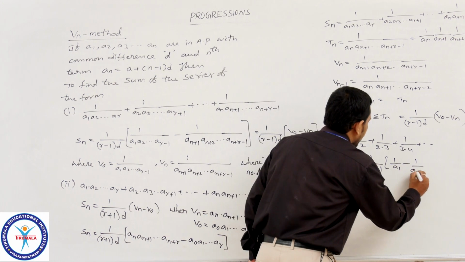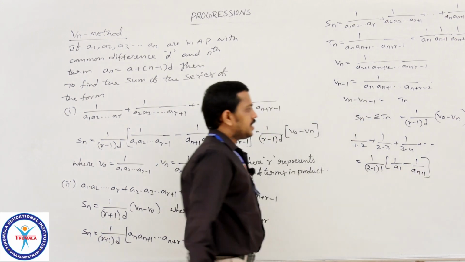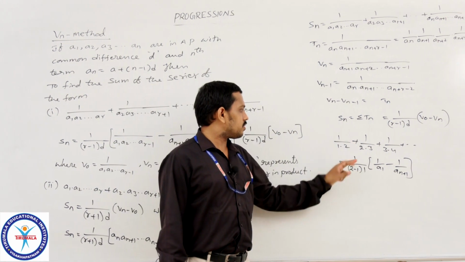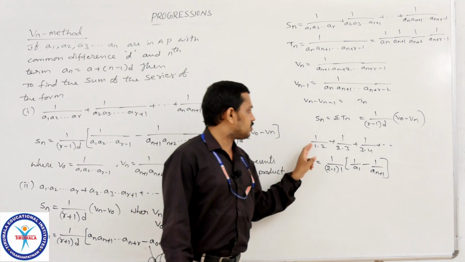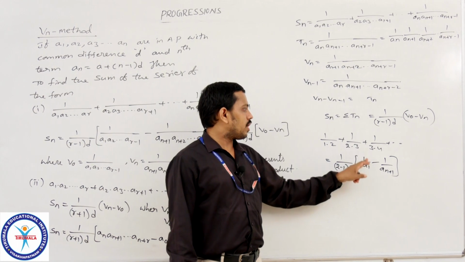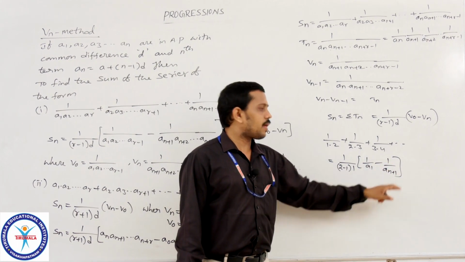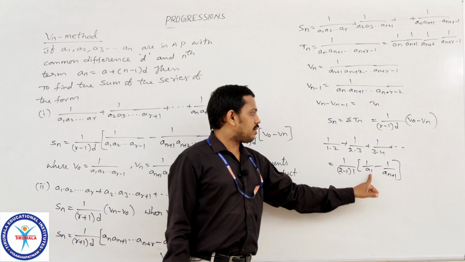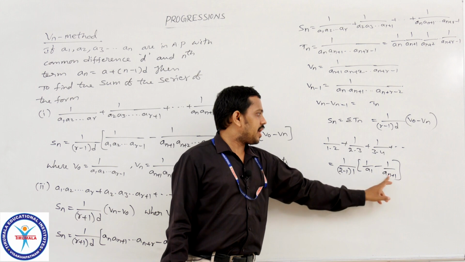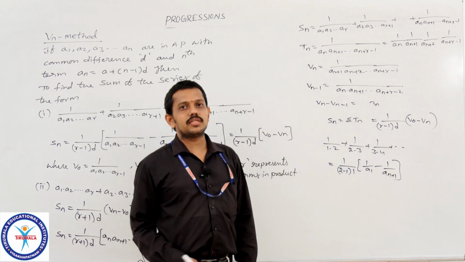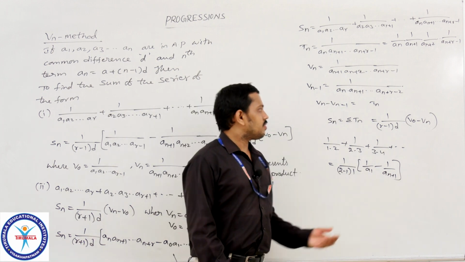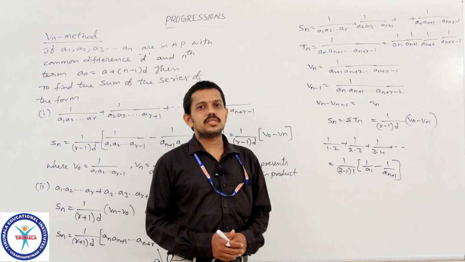Instead of finding the sum of all these terms one by one, we can simply write the sum of all these values as 1 by 2 minus 1 into 1 into 1 by a1 minus 1 by an plus 1. A1 means the first term of the series, and 1 by an plus 1 means the n plus 1th term of the given series. So by using this we will find the sum to n terms of the sequence.